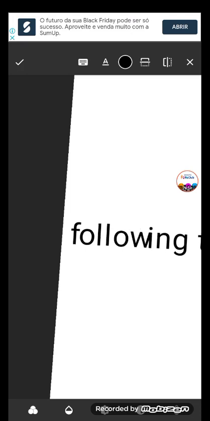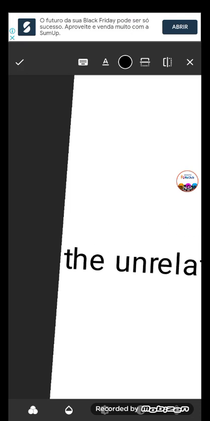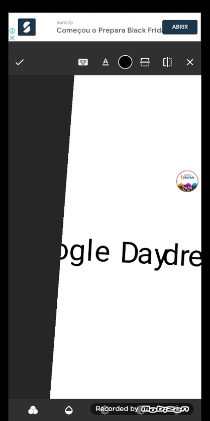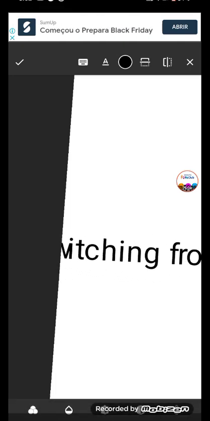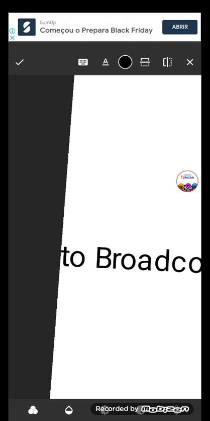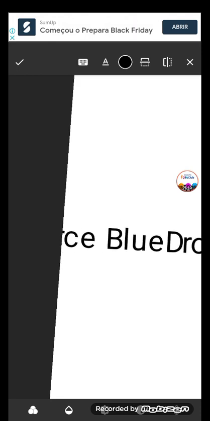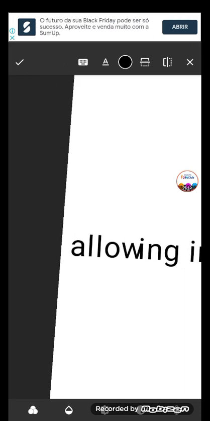Notification power controls, quick settings, and Daydream screensavers, showing information when idle or docked, later renamed to screensaver. Following the launch of the unrelated Google Daydream VR platform in 2016, multiple user accounts, tablets only, a rewritten Bluetooth stack, switching